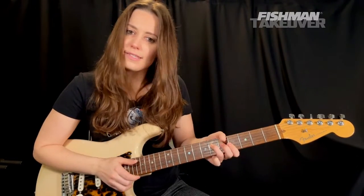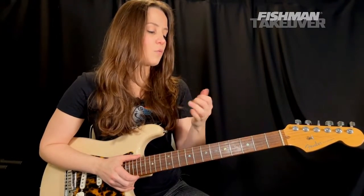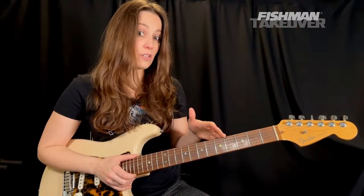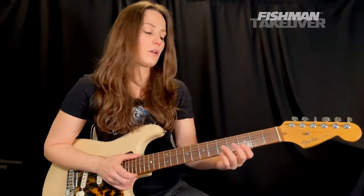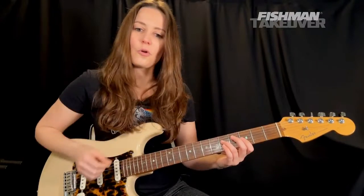And notice we're not seeing the thumb come up. We want to really maintain a nice, well-stretched hand with these chords, and in particular with the octaves that we have in this song too. Okay, so let's go ahead and do this a little bit faster, just the chords, and then we'll incorporate the